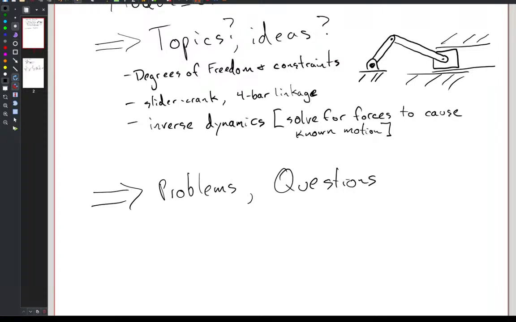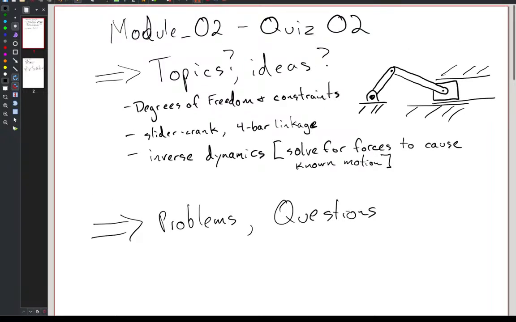What else came up as you were thinking about what module 2 was about? I didn't see everybody's note card, but did we miss anything? Good. All right. And how do we show that we know some important ideas from these topics, like degrees of freedom and constraints, or slider cranks, 4-bar linkages? What do we want to do here? Inverse dynamics, and